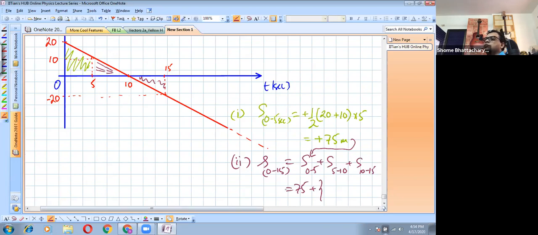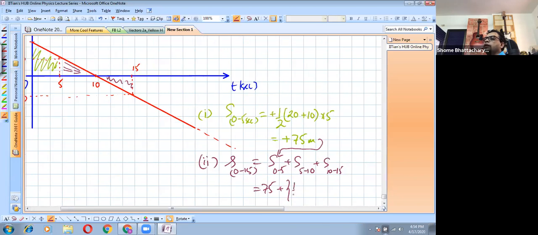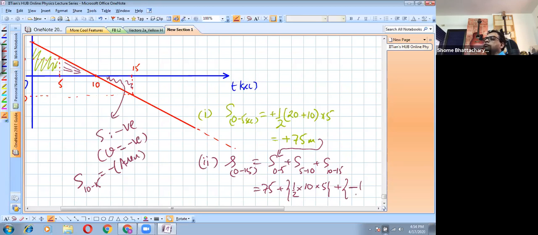So that's half of base into height. But actually you don't need to calculate because you can see this and this will cancel. But just for the sake of argument, I'm calculating. So it's half of 10 into 5, plus the displacement in this part. Now the displacement in this part will be negative of the area. Why will it be negative of the area? Because here the displacement is negative because velocity is negative. So that is why the displacement from 10 to 15 is negative of the area of that triangle. So it is negative of that half